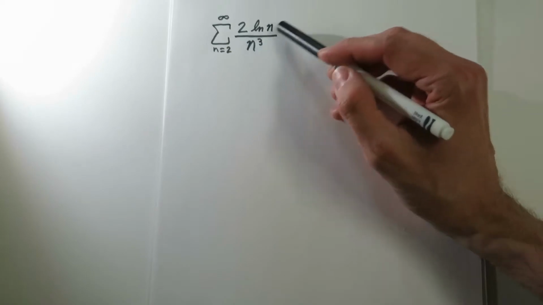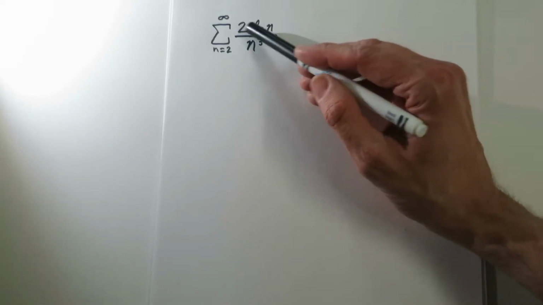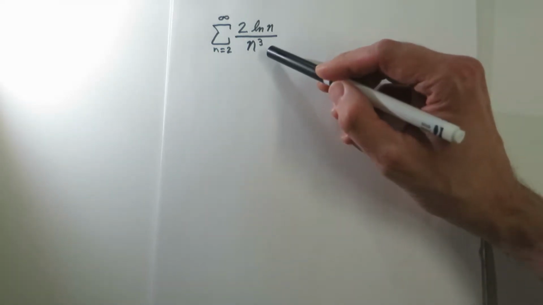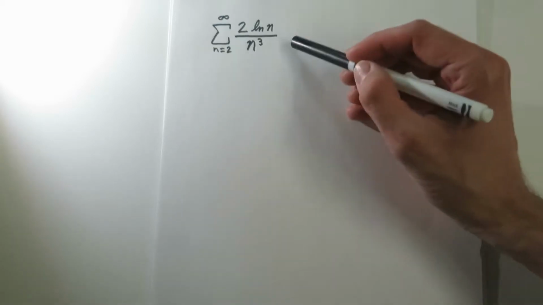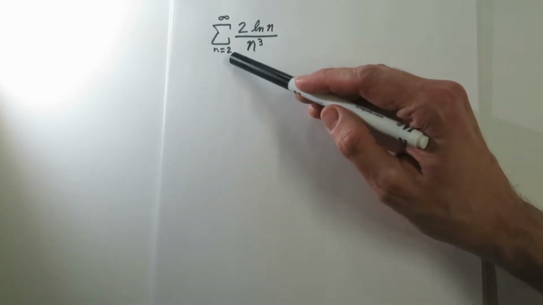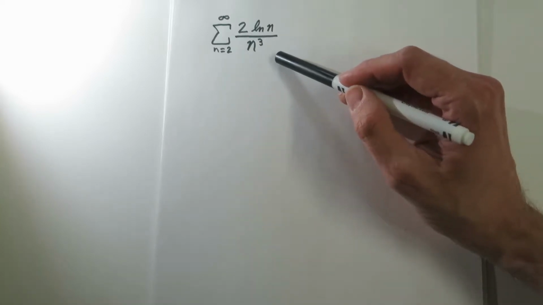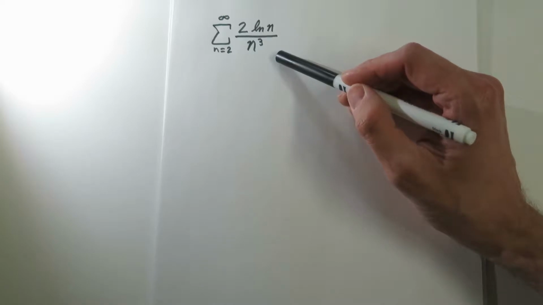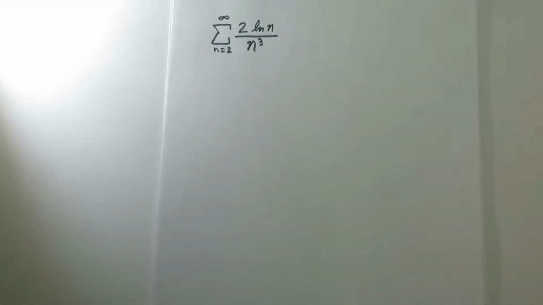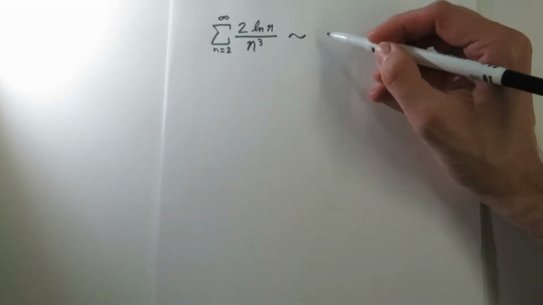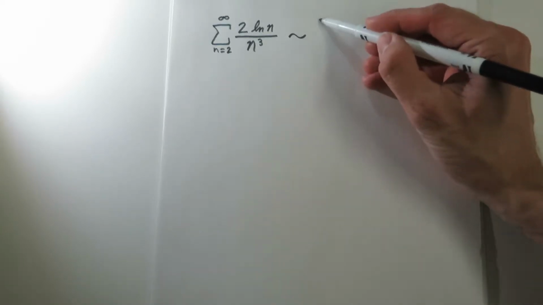If we look at this as a function, 2 ln of x over x cubed, we can see that it is positive. It's going to be decreasing along our interval beyond x equals 2. And so we can try to evaluate this with the integral test. And if the integral is convergent, then the series would also be convergent. So we could say that this is similar to, it's not equal to, but it's similar to, so we'll use our little similar sign, this is similar to the integral